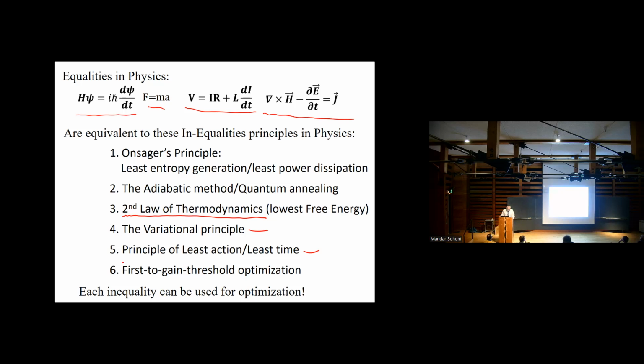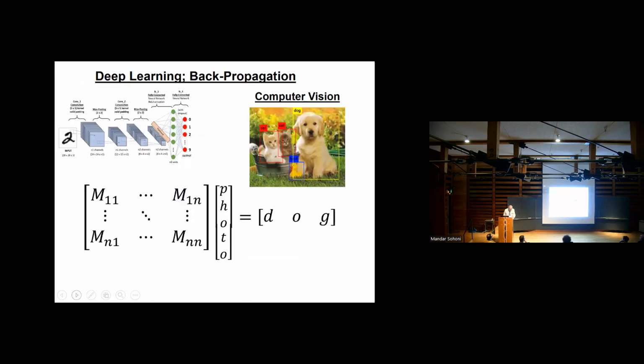And these inequalities are a different way of looking at physics and at optimization, in that the physics itself has optimization built into it. And we have a number of inequalities in physics that we can use. I have 6 of them listed, and actually only 2 of them are in common use. I'll mention those as we go along. So this is the most important slide in the talk, because it tells you that we're going to look for inequalities in physics, and these inequalities will do the work for us, free, basically.